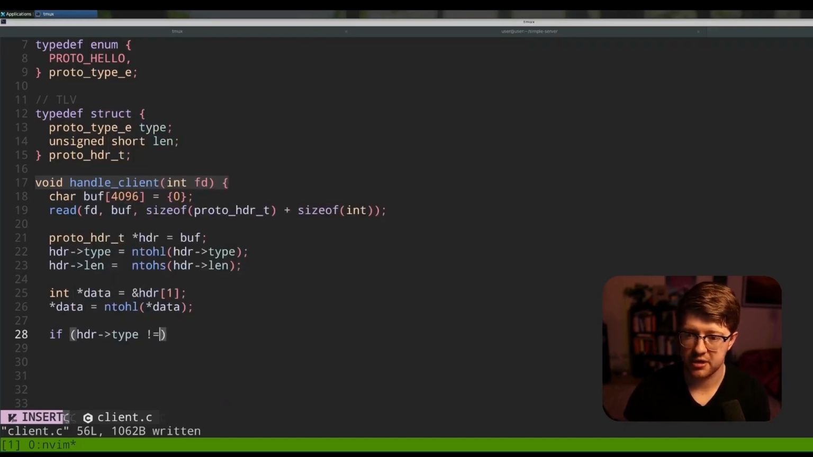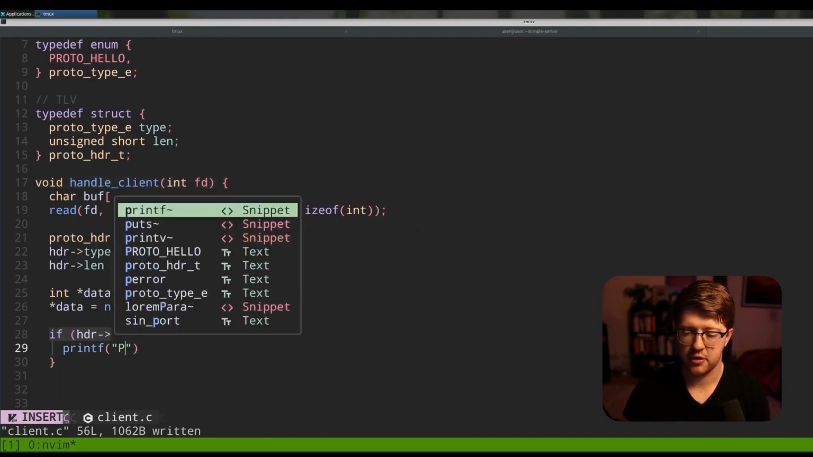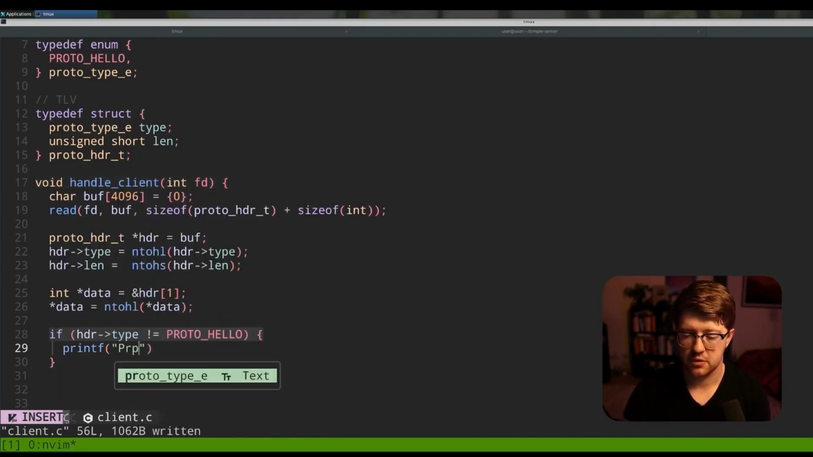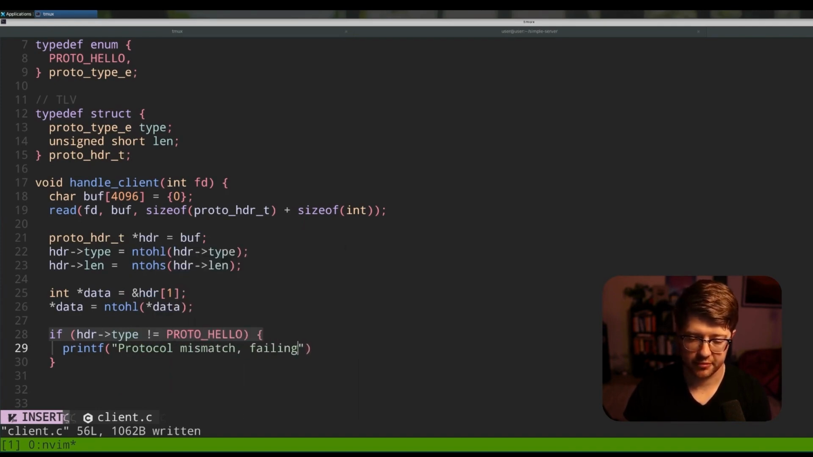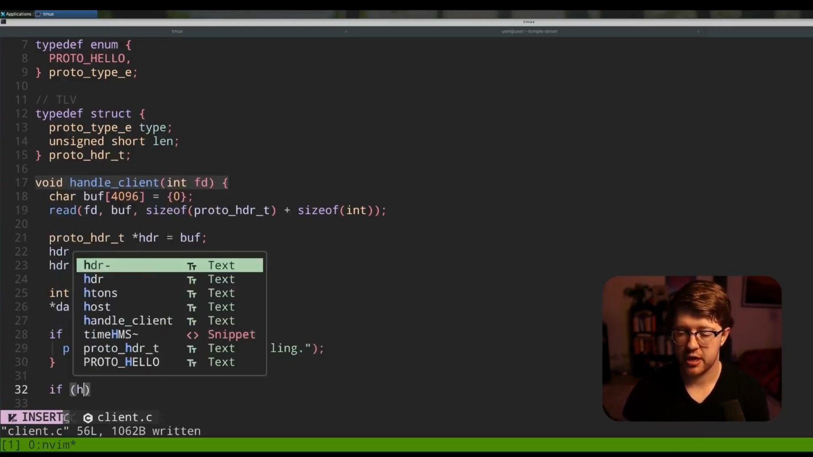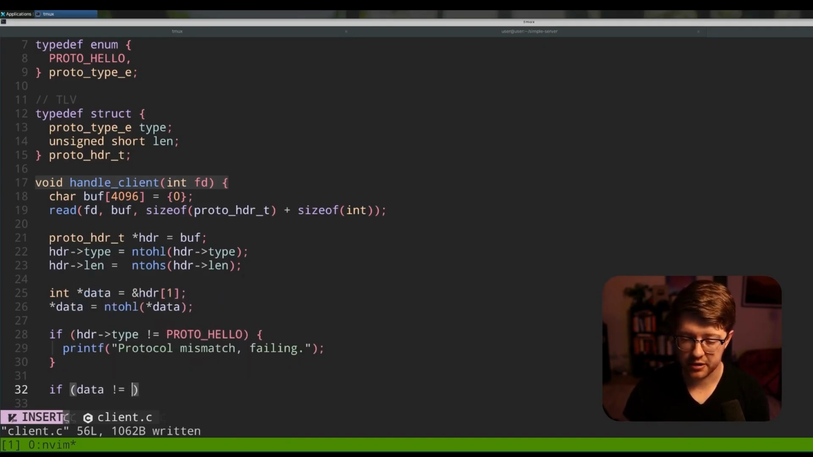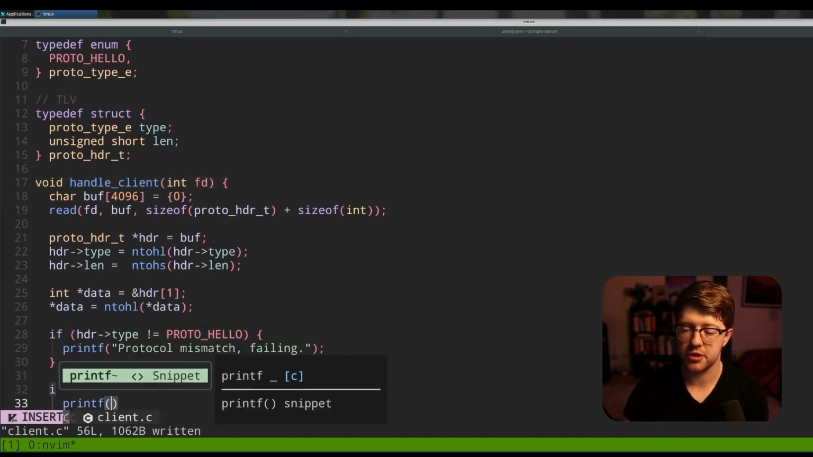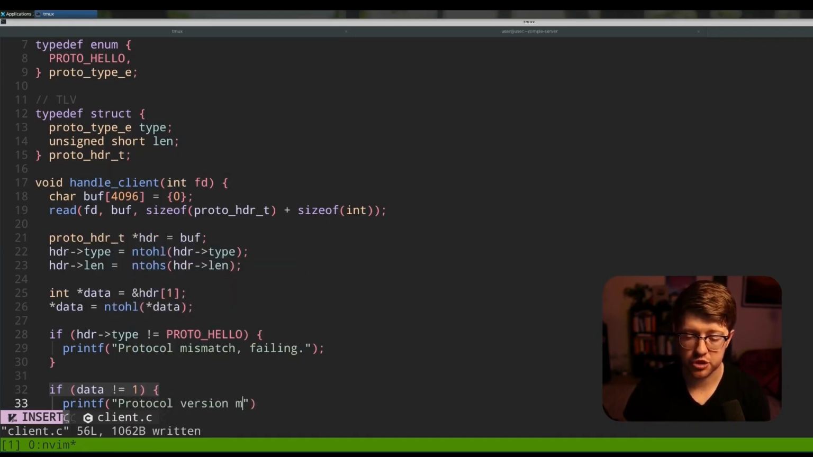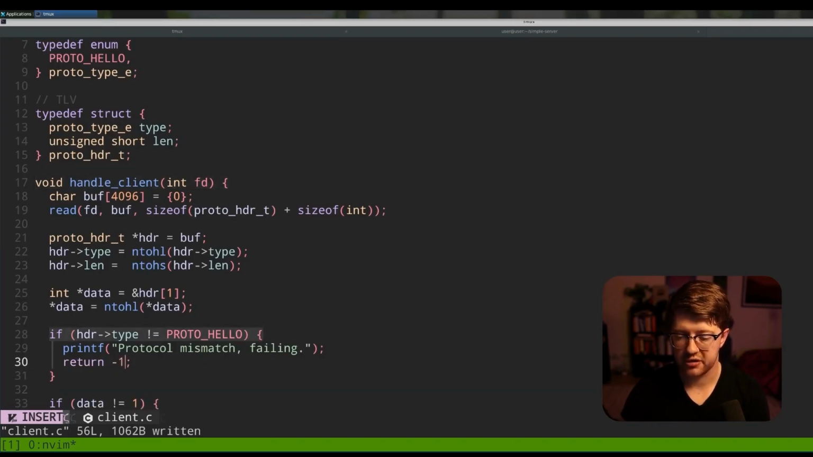header type is not equal to proto hello, then we can say printf protocol mismatch failing, something like that. And then also you can say if data is not equal to 1, right? Our protocol version, printf protocol version mismatch failing. And in these failures, we can also do things like return -1 or just return, because we're not returning types